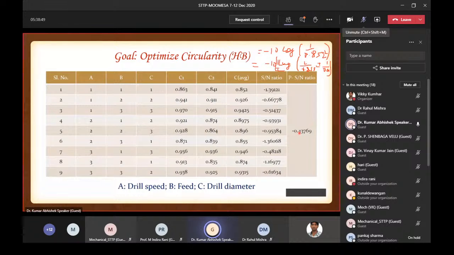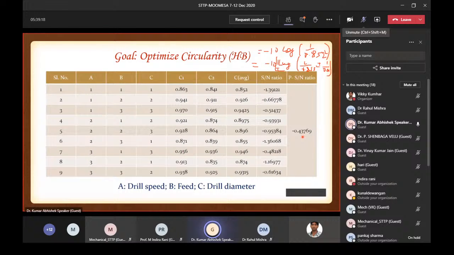अब जो भी प्रेडिक्टेड एसएन रेशियो आपने कंप्यूट किया, ये जब आप इसको कंपेयर करोगे इस एसएन रेशियो से, सारे जो भी आपने एक्सपेरिमेंटली कंप्यूट किए हैं, उससे ज्यादा आना चाहिए, उसकी वैल्यू ज्यादा होनी चाहिए एज कंपेयर टू दिस वन। ठीक है, अगर ये ज्यादा है तो आपका जो ऑप्टिमल कॉम्बिनेशन आया है वो अच्छा है, अगर ये ज्यादा नहीं आया है तो आपने कहीं ना कहीं गलत किया है और वो ऑप्टिमल कॉम्बिनेशन नहीं होगा।